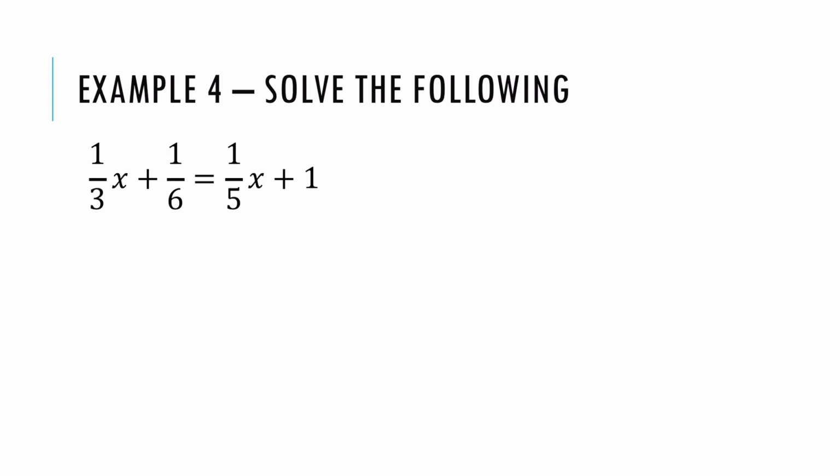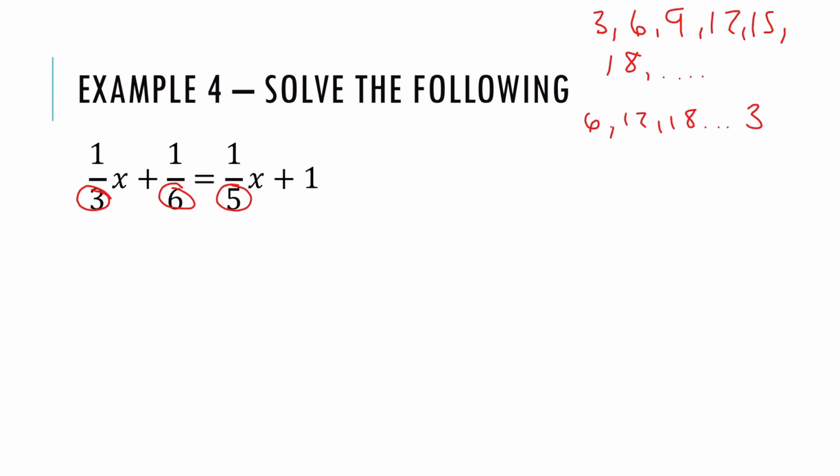Okay, in our next example, we can see here that we have a few different fractions going on. We've got fractions on the left-hand side, we've got fractions on the right-hand side. So what we need to do this time is find the lowest common multiple of 3, 6 and 5, since that's our three denominators. You might be able to spot it, but you might want to just go up your times tables till you get to it. You'll eventually get to 30 in all of the times tables,